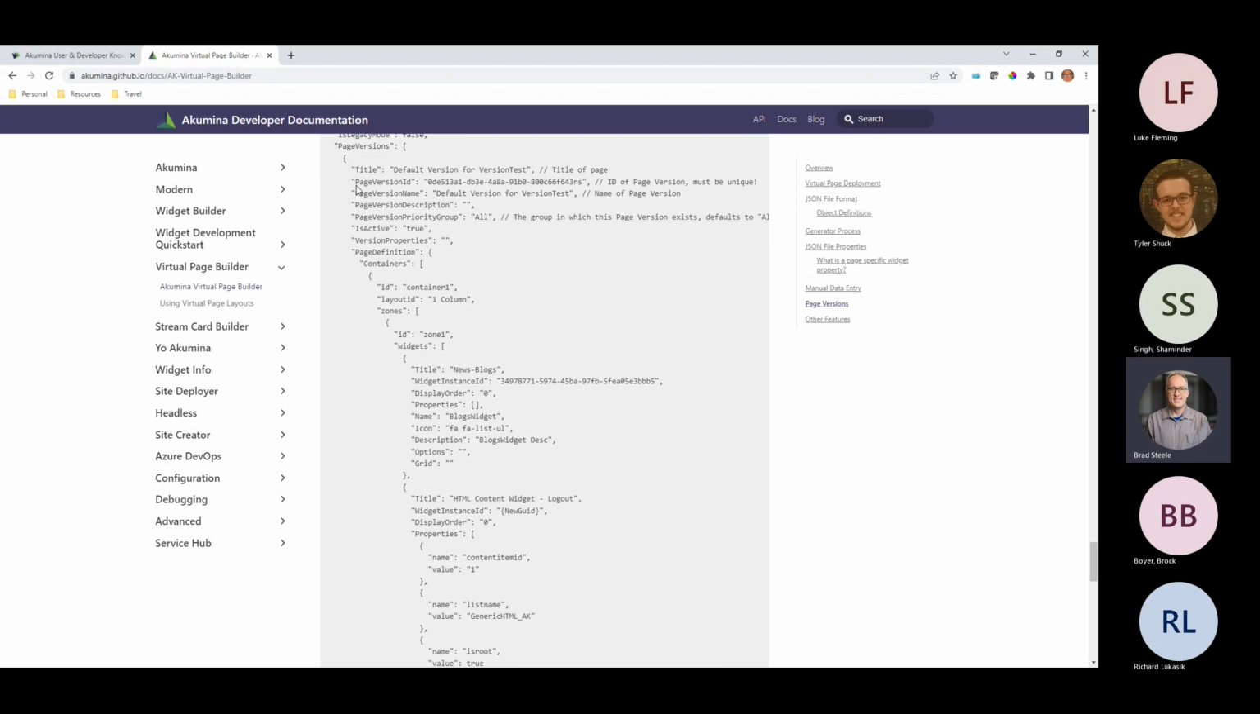But now I have this page versions node. Inside that, each version is going to have its own unique title, unique ID. It can have a unique name. This is more like a description, even though we do have a description. This is sort of a short description, long description for the page. Version,